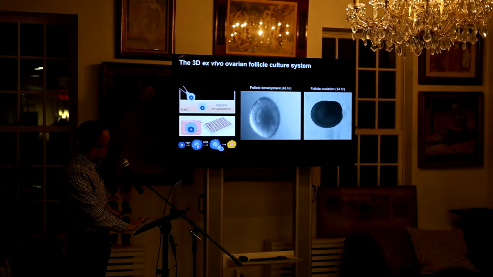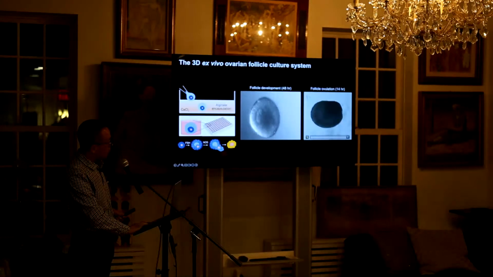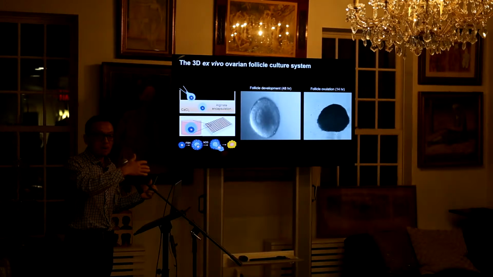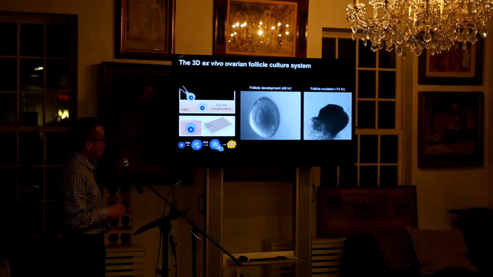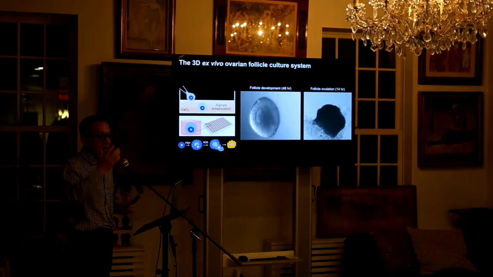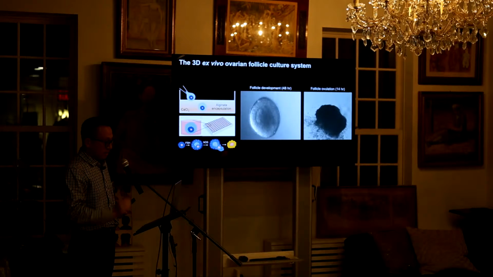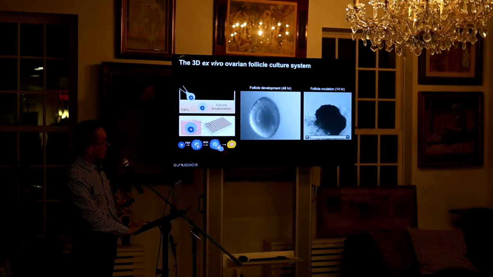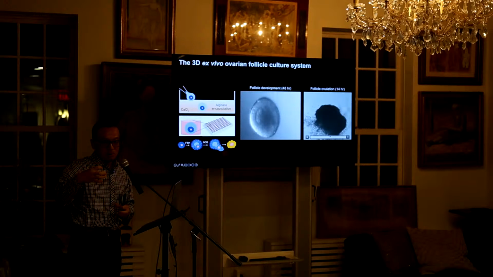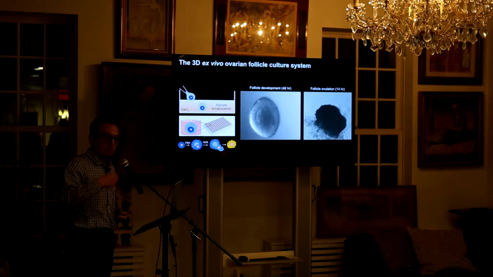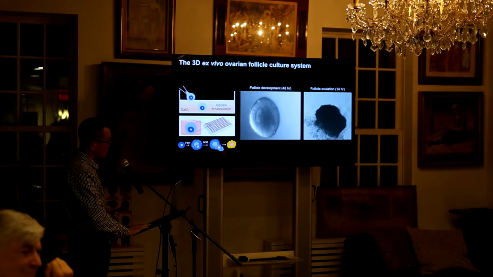And then after 8 days of culture, for the antral follicle or the fully mature follicle, we give them hCG, and you see what happens during the 14 hours. Because it's a mouse follicle, the ovulation time is about 14 hours. It's very interesting that only one side of the follicle is rupturing, and they try to push the egg out. And then if you add hyaluronidase and get the single oocyte, you see the oocyte with polar body extrusion is a pretty nice oocyte, comparable to if you do superovulation and get the oocyte from mice.